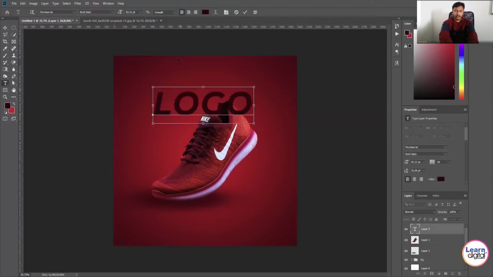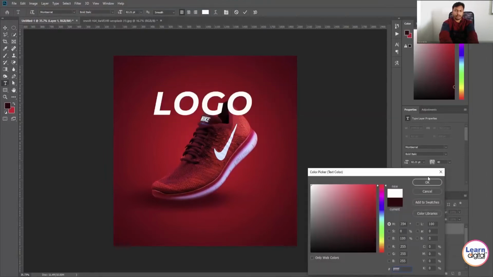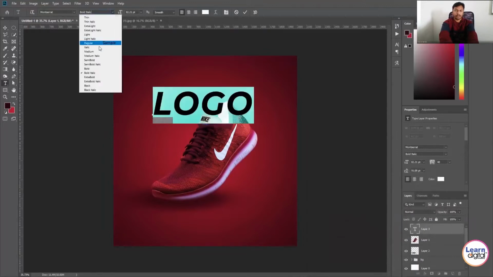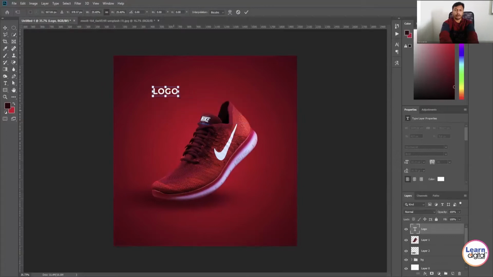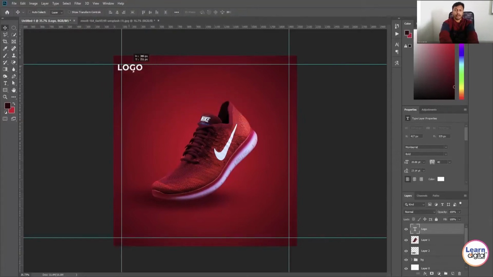So then you guys know the type tool. Wherever you want to place a logo, just here I'm adding on the left top corner, like a logo. It is a place for the logo. Otherwise, we already have a product that is Nike. You can add a Nike logo directly over there.